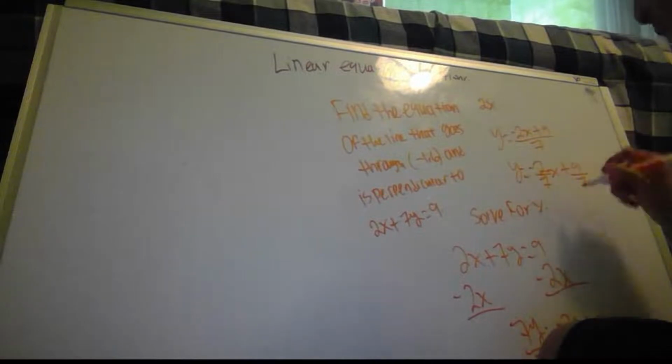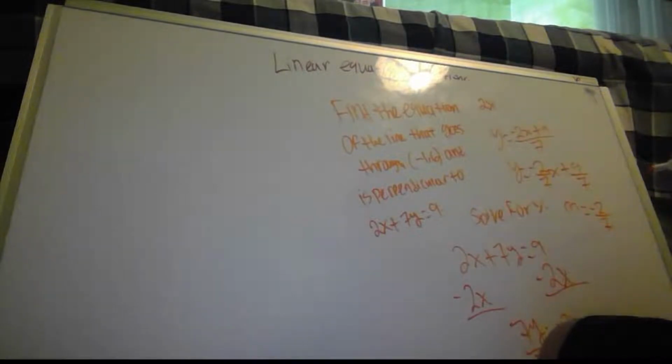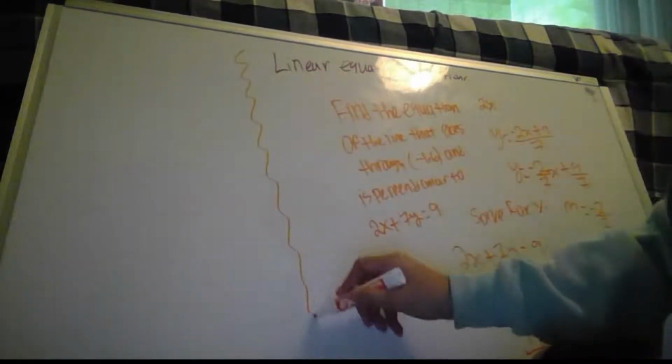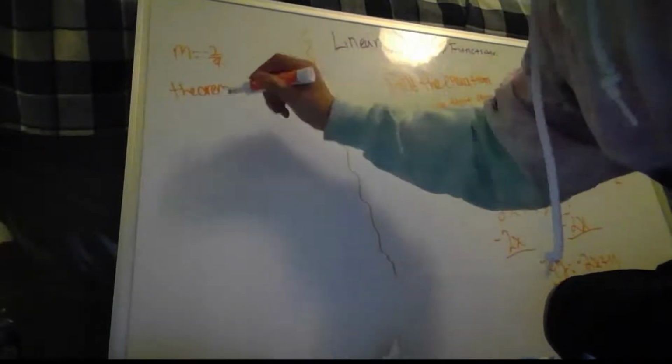So this is our slope is -2/7, right? We want to find the slope of the line. And, you know, obviously in algebra they teach you parallel and perpendicular slopes, okay? So if we look at, you know, our slope is -2/7, right? So the theorem is if